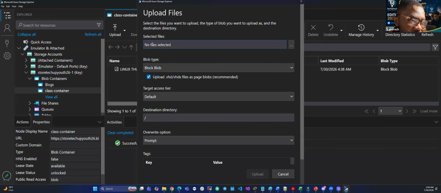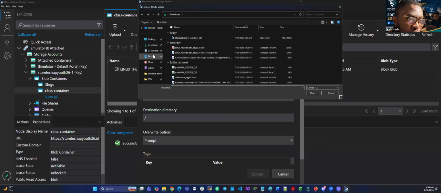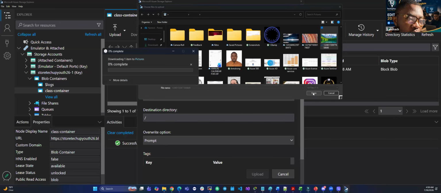You see selected files, no file has been selected, and then these three dots you are seeing here simply means they want to connect you to the file explorer. So if I click on these three dots, it will bring up the file explorer. Then I will go to pictures, and I'm going to select another one, and I'll click on open,